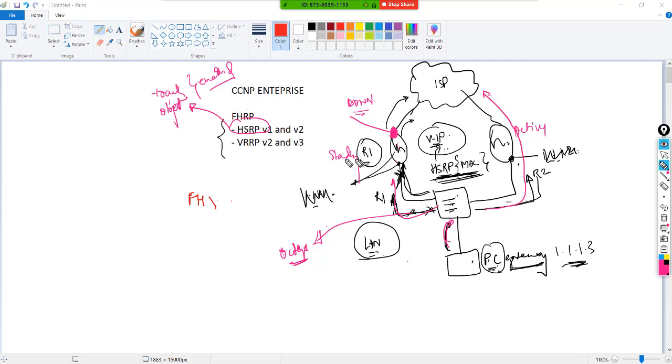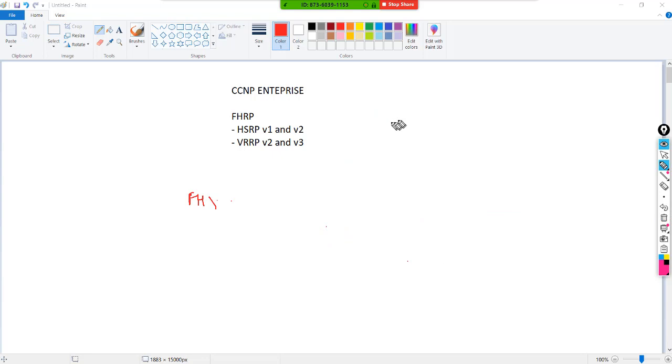So HSRP altogether will take care of LAN as well as WAN. Let's say you enabled HSRP, it's going to take care of your LAN traffic or the LAN direction. Also, it's going to take care of your WAN direction.